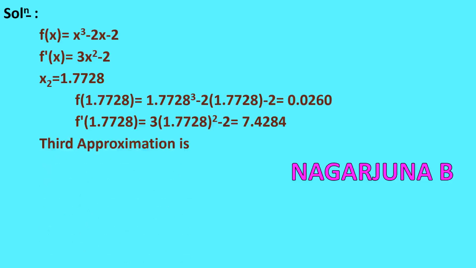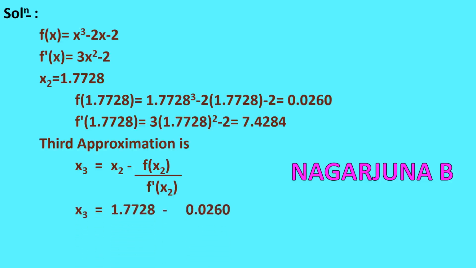It is the third approximation, and we know the formula of the Newton-Raphson method to find the root of a given equation is xn plus 1 is equal to xn minus f of xn divided by f dash of xn. Since it is a third approximation, we can write x3 is equal to x2 minus f of x2 divided by f dash of x2. Here x2 is 1.7728, f of x2 is 0.0260 and f dash of x2 is 7.4284. So we can write x3 is equal to 1.7728 minus 0.0260 divided by